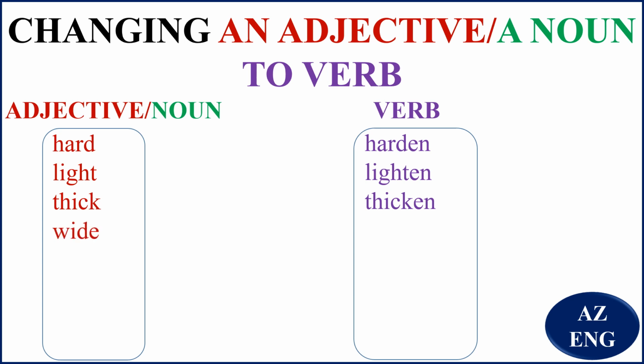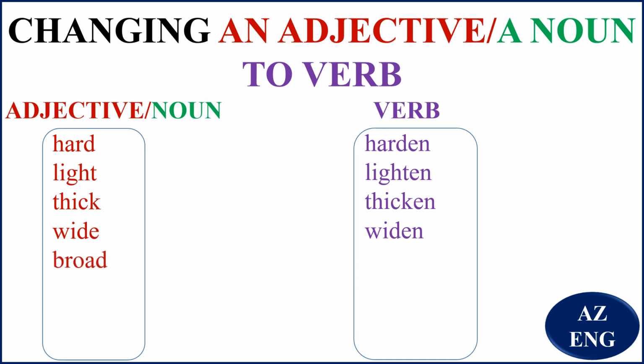Wide, that is broad. It is not narrow. So if you want the wideness of something to increase, what do you do? You widen. You say, please, could you widen it? Could you widen the piece of the cloth? I want you to widen it. And you can say that it widens. That is, the wideness increases. So you make it, or it becomes.